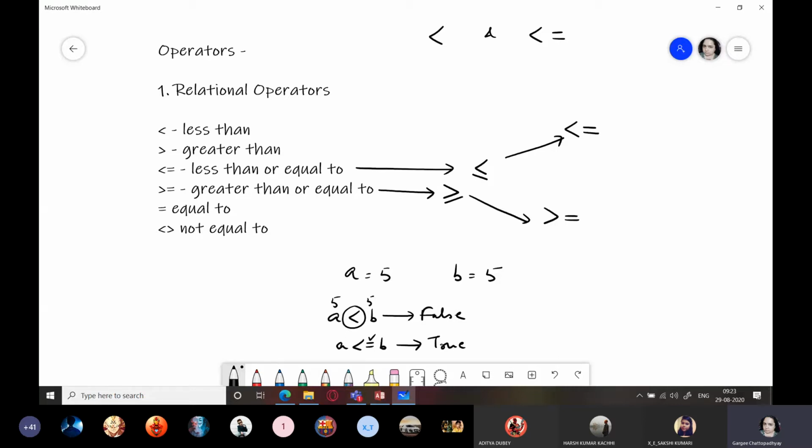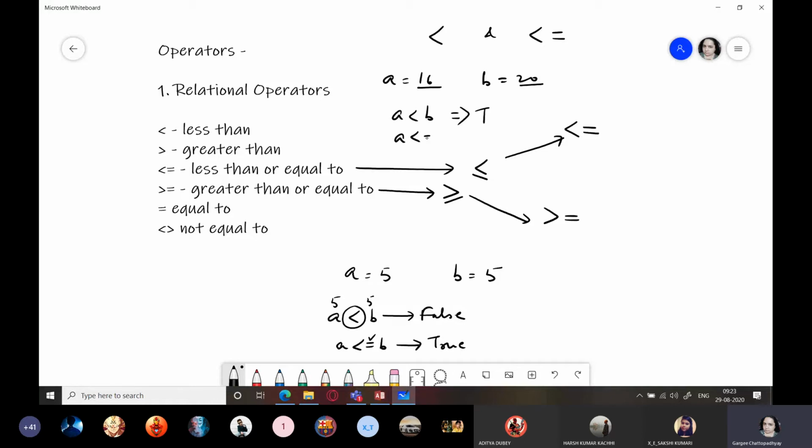Did you get the difference between the two? If I write A equals 16 and B equals 20, and I write A less than B, what will be the result? Yes, tell me, students. Value of A is 16 and value of B is 20. It will be true, right?